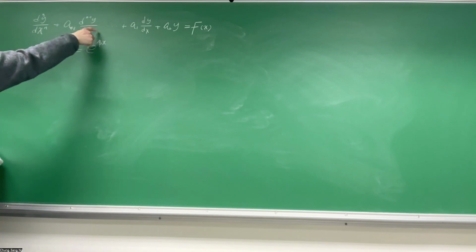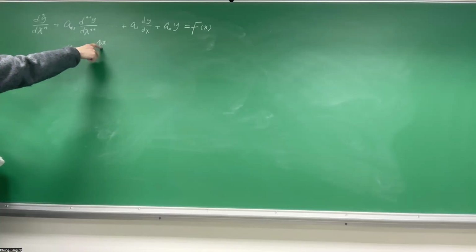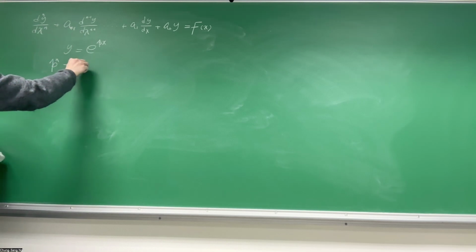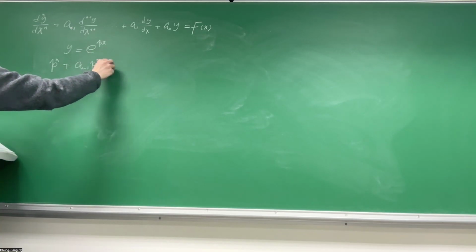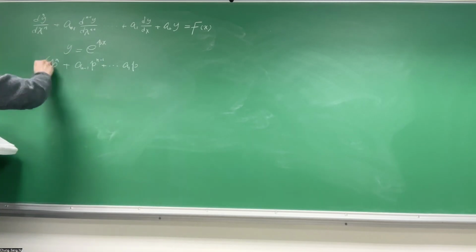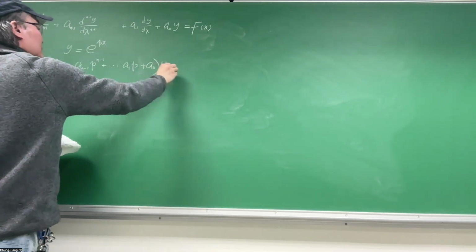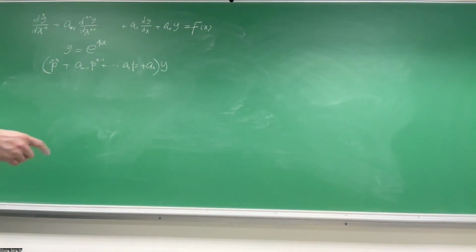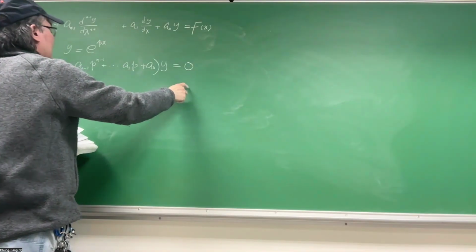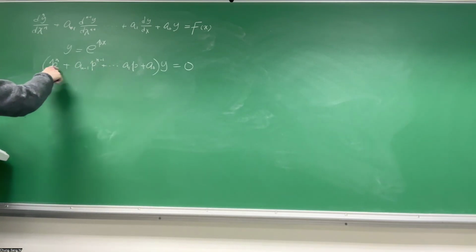right away, because we substitute this into the equation. This is an exponential function, so all the derivatives just keep the exponential function, and each derivative pulls out a p. That becomes p to the n power, and then a_{n-1} p to the n minus 1 power. So you get a polynomial out, a_1 p, and everything multiplied by the same y, and that's just a_0 multiplied by the same y. We try to solve the homogeneous part first. The homogeneous solution sets the right-hand side to 0, and so that will give you